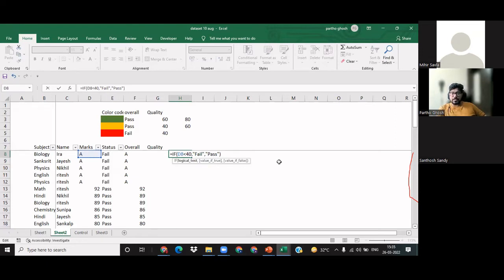Logical test is D8 is less than 40. If D8 is less than 40, what is the value if it is true? Which means that in that cell, if the value is less than 40, it comes out as fail. And if the value is more than 40, it comes out as pass. Now, this unfortunately will come as pass because Excel cannot interpret what is A. And hence, Excel thinks A